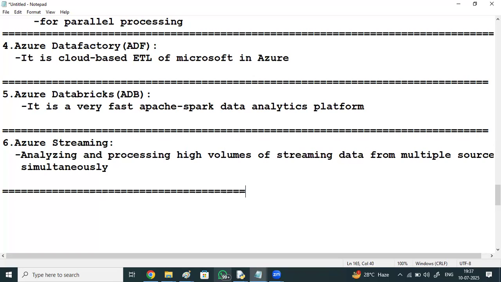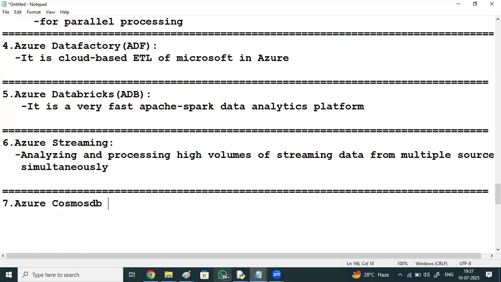Azure Cosmos DB, in a simple way. Just like MongoDB, it is also a kind of NoSQL database, an Azure cloud-based NoSQL database.